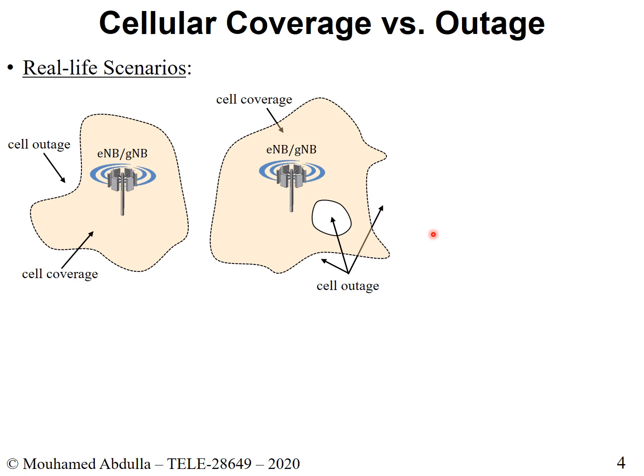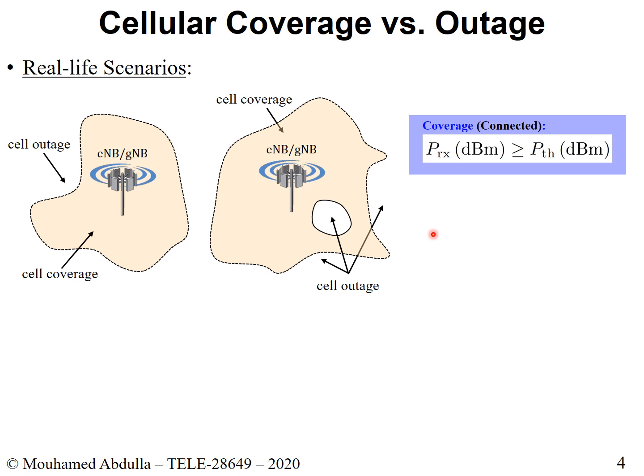How can we explain when you are connected and when you are not connected, or when you're in outage? One very basic explanation is that you're connected, or you have coverage, when your received power, let's say your mobile receives power in dBm or in watts, whichever the case might be. But in general, when we talk of cellular communication, we will pretty much always talk of dBm, which means this is a power that you're receiving. It is a power in watts, but we are converting it to dBm.